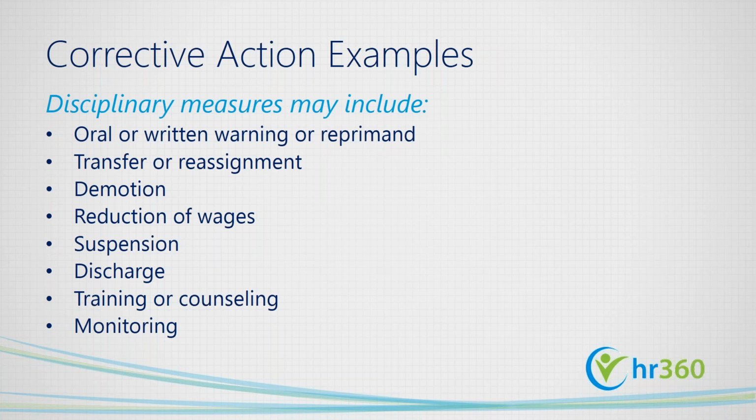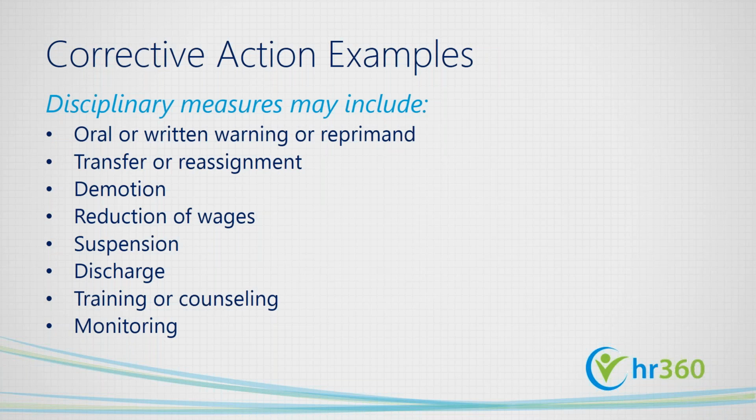If the harassment was minor, such as a small number of off-color remarks by an individual with no prior history of similar misconduct, then counseling and an oral warning might be all that is necessary. On the other hand, if the harassment was severe or persistent, then suspension or discharge may be appropriate. Now, it's important to remember, remedial measures must both stop the harassment and ensure that it does not reoccur.